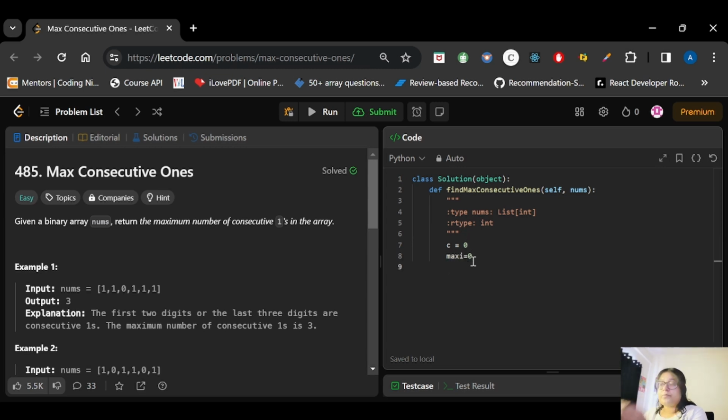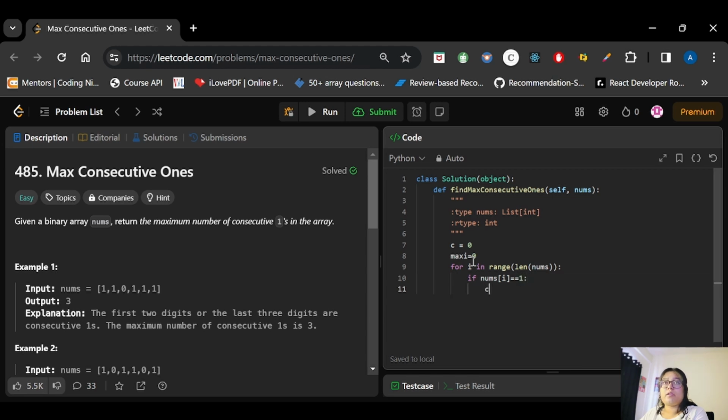Now we will start a for loop for i in range of length of nums, and we will check if nums of i is equal to 1, then we will increment the value of C by 1, and otherwise C will become 0, right?